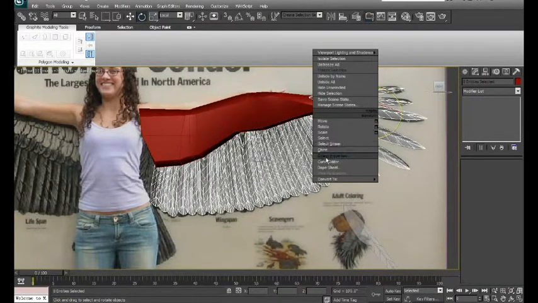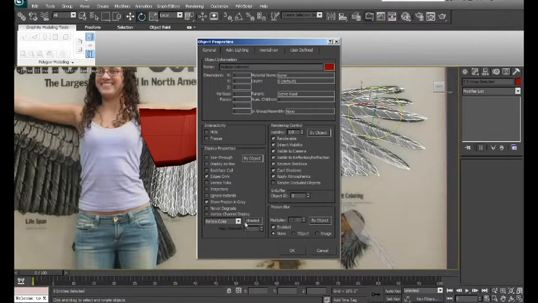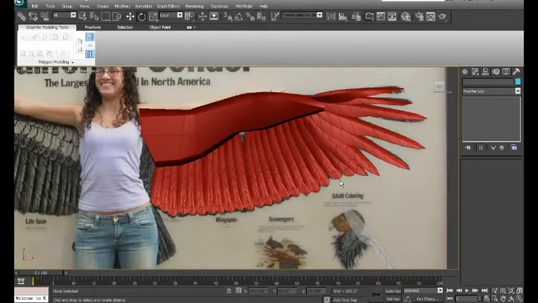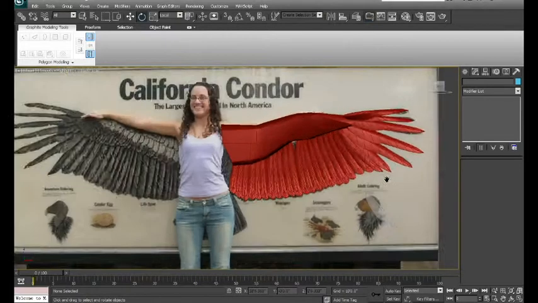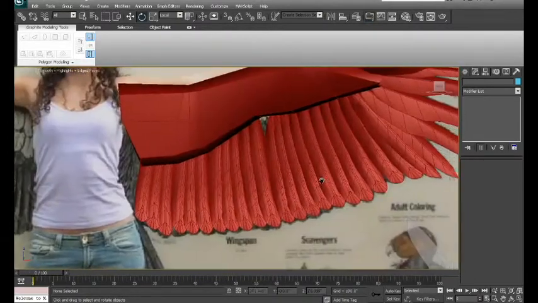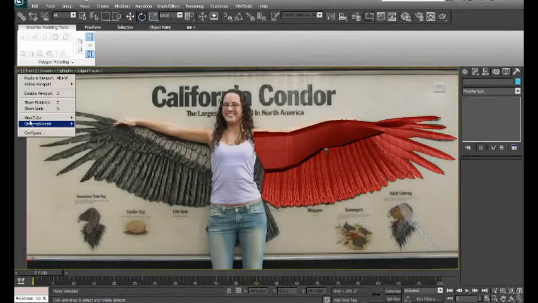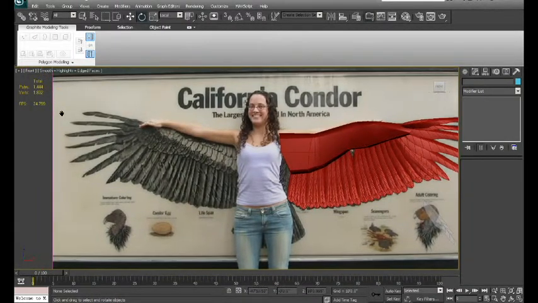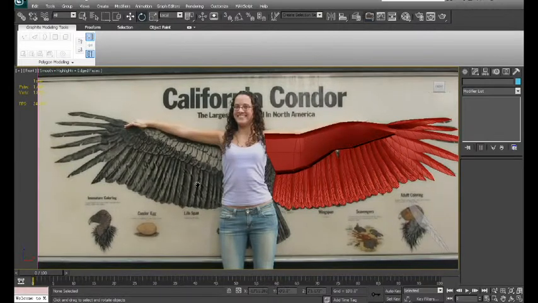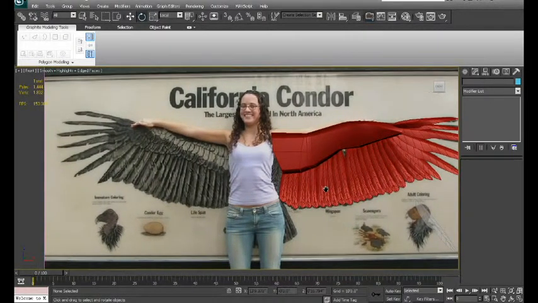I'm going to take the see-through off so you can see a little bit better. And I have my wing constructed fairly well. Let's see what my poly count is. Alright, I'm still within range of a primary character. When I duplicate that,